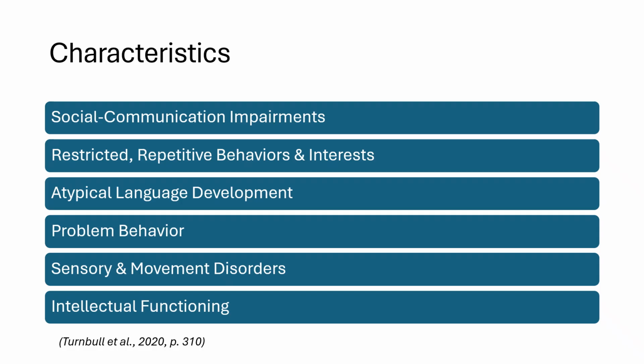Autism spectrum disorder includes a range of characteristics that vary significantly between individuals. So let's talk about social communication impairments. Students with autism may struggle with initiating and maintaining interactions, and interpreting nonverbal communication like facial expressions and gestures. Kellen, one of my students, finds that hard. We talk about sarcasm because I'm very sarcastic, and he goes, sarcasm, right? But we've built that relationship so that he can stop and do that.